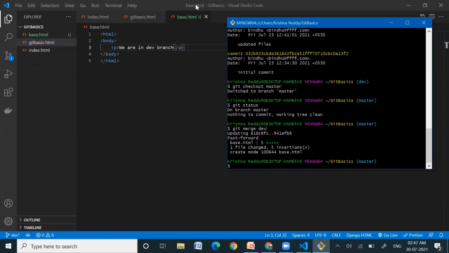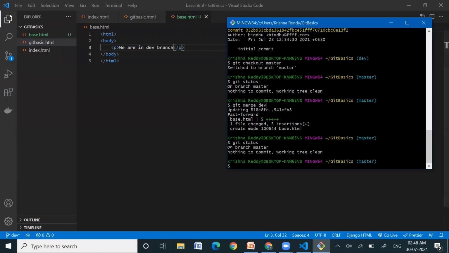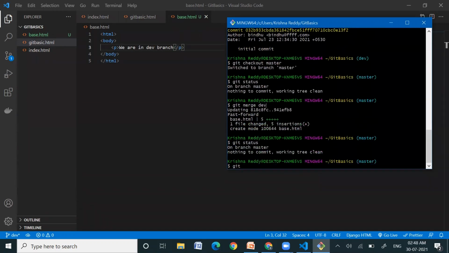Until then, we didn't find any base.html file. So now we'll see the git status. On branch master, nothing to commit, working tree clean. Now we'll see the history of commits. Before, we didn't find this base.html commit, right?